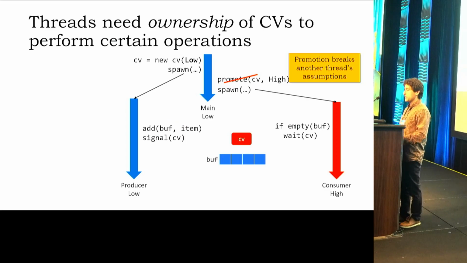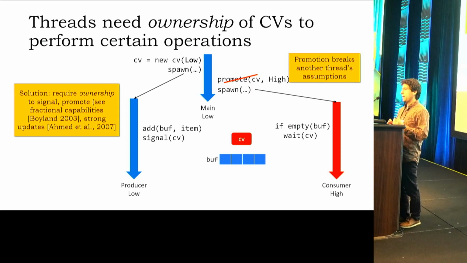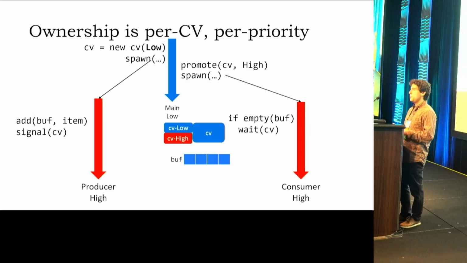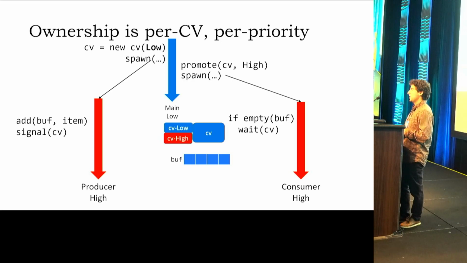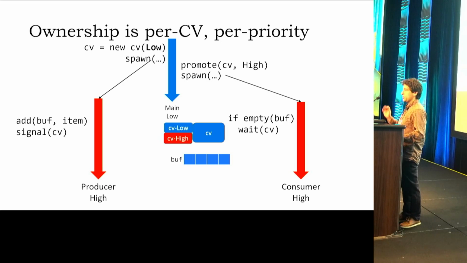There are ways of making this safe though, and these generally rely around ideas of ownership. So in particular, we're going to require certain operations, namely promote and spawn, to have some kind of ownership over condition variables. And specifically, we have ownership levels of each condition variable at each priority higher than the priority of the condition variable. So you can think of this as we sent the condition variable across the hall to the registration desk. It picked up a whole bunch of tickets for each priority higher than its own,